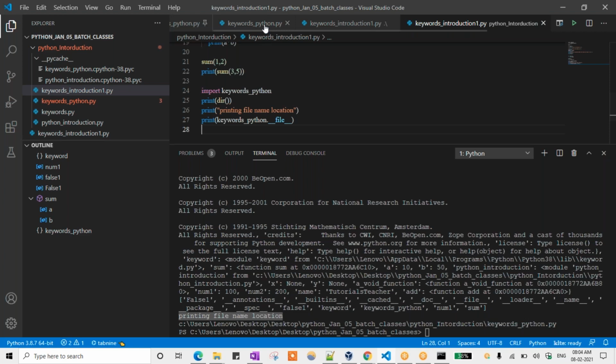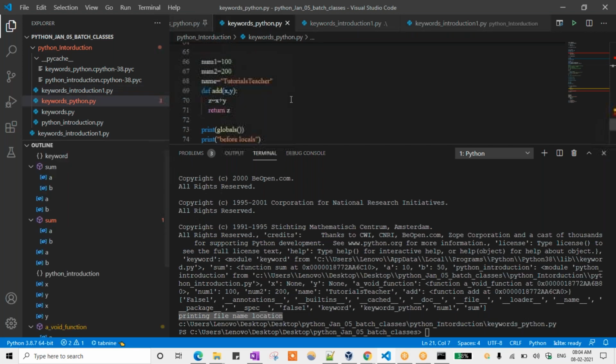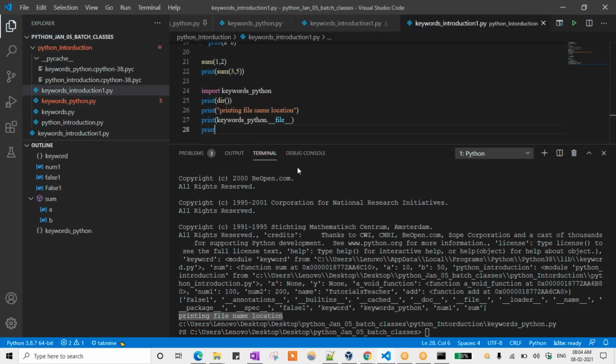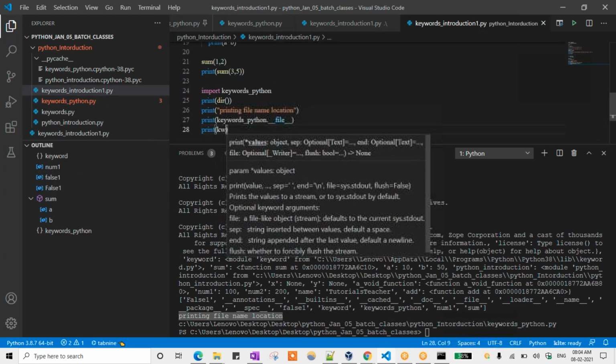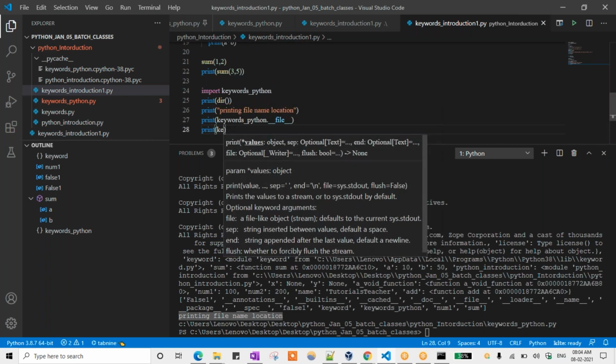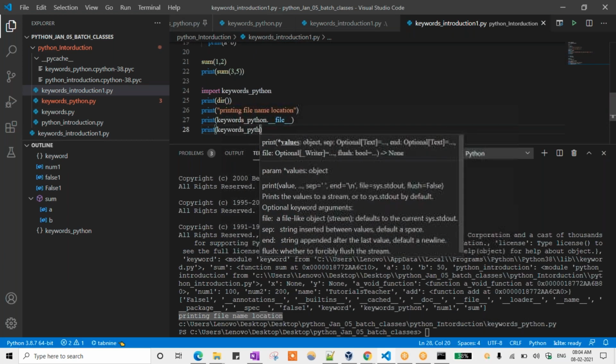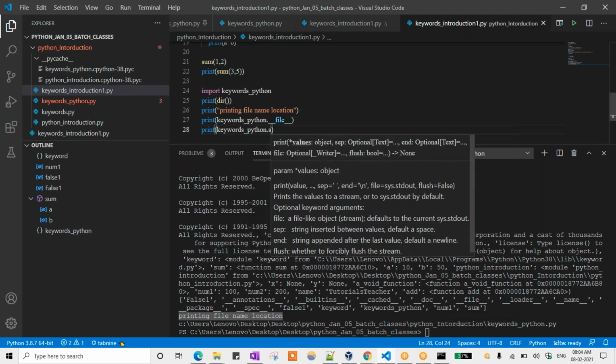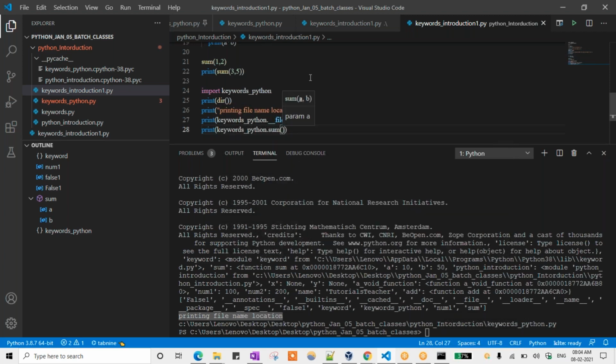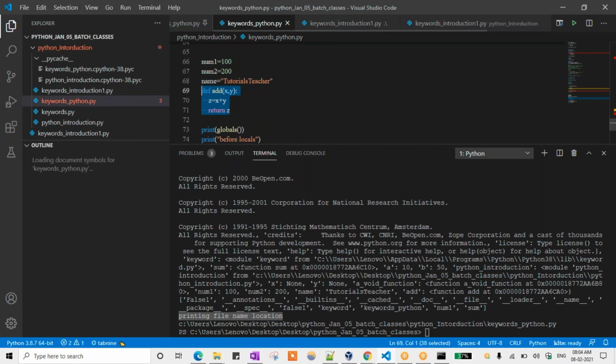And one more is keywords_python. Let's say anything is there, so you can use this one function. Then I can print that one also. So print keywords_python dot sum. Some function is there here. So here two parameters I have to pass. 23 and 45, some values I am just passing. So where will it go? The sum function will go to this here.